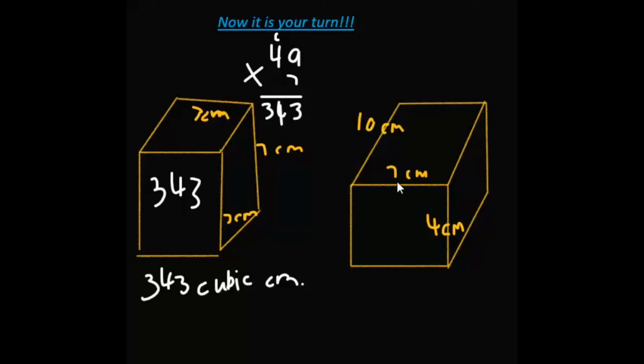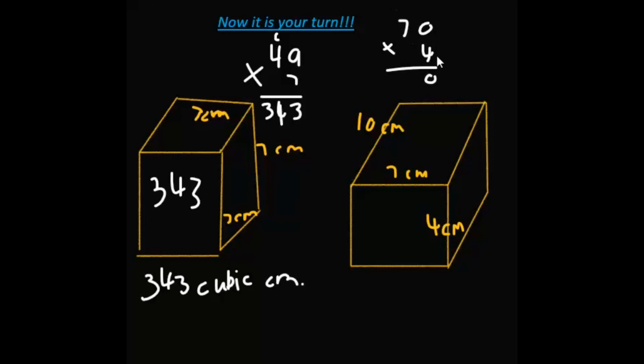So now let's move on to the rectangular prism. We have 10 centimeters and 7 centimeters as the length and width, and we have 4 centimeters as the height. So now let's do length times width, or let's find the base. 10 times 7 is 70, and then let's do base, or length times width times height, which is 4. 70 times 4, which is,